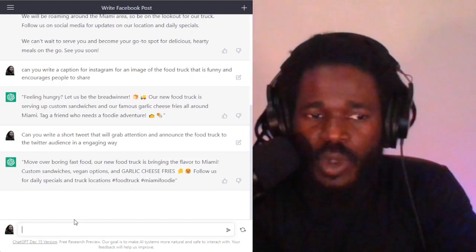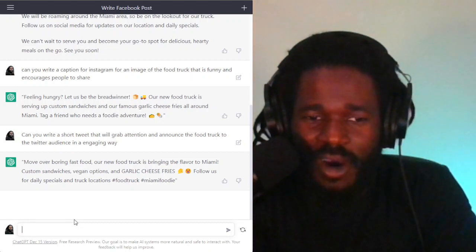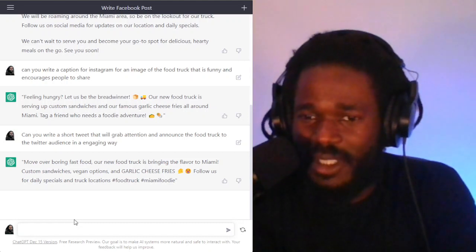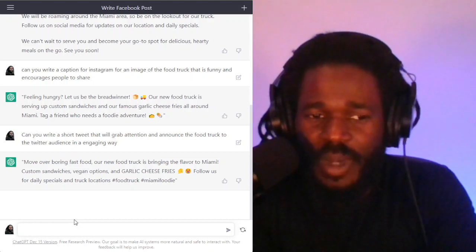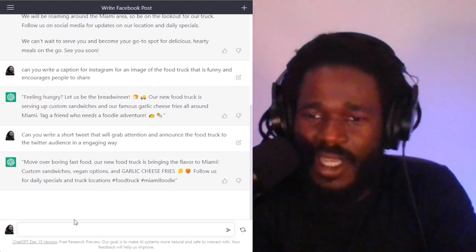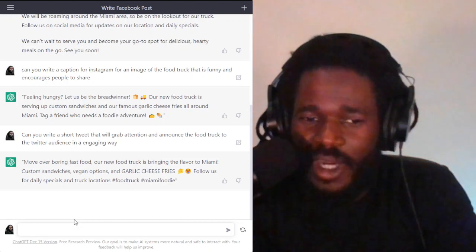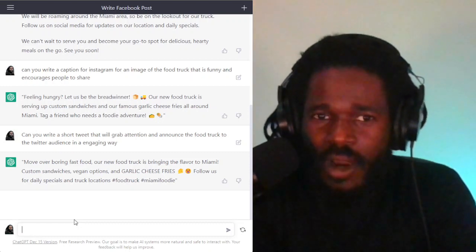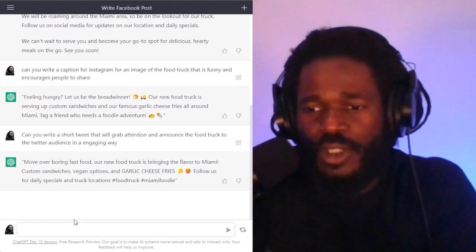This is the tweet. Move over boring fast food. Our new food truck is bringing the flavor to Miami. Custom sandwiches, vegan options, and garlic cheese fries. Notice the robot put the garlic cheese fries in caps. And it gives a call to action. Follow us for daily specials and truck locations. It also adds the hashtags food truck and Miami foodie. Does this for you. So now, can't you see how you'll be able to write blog posts using